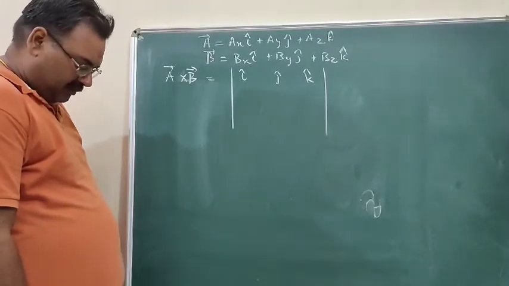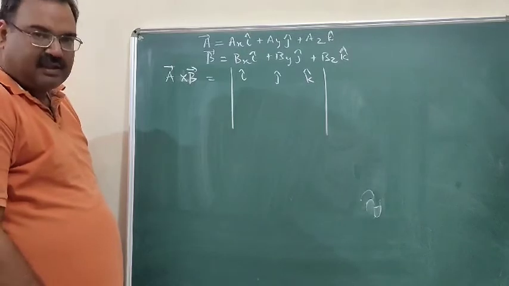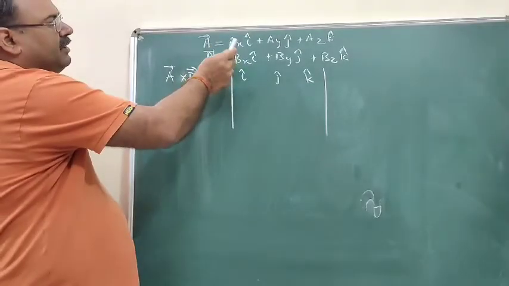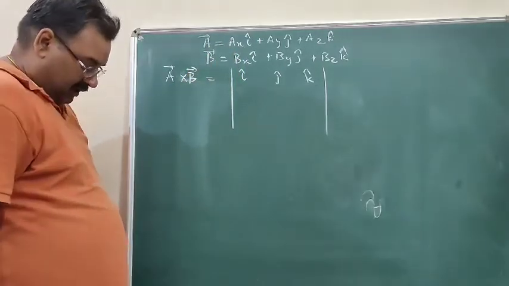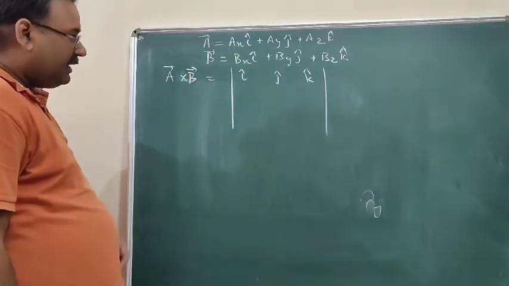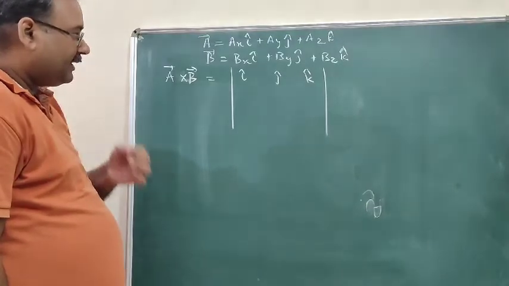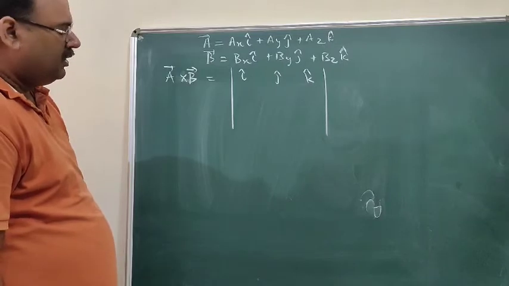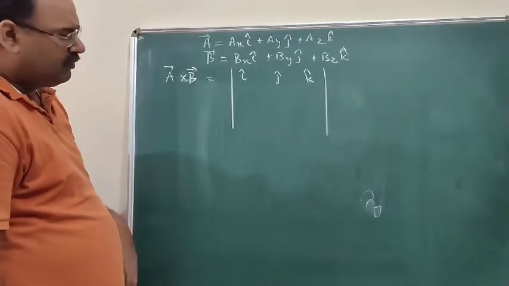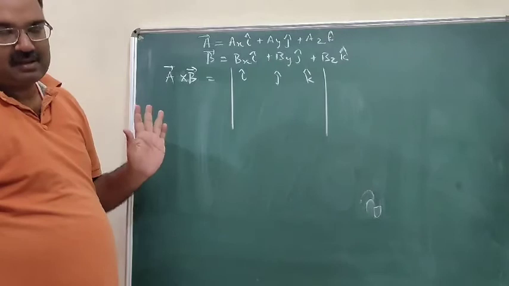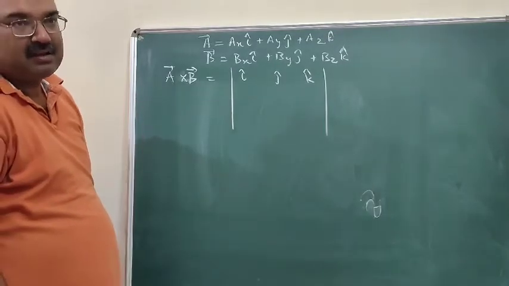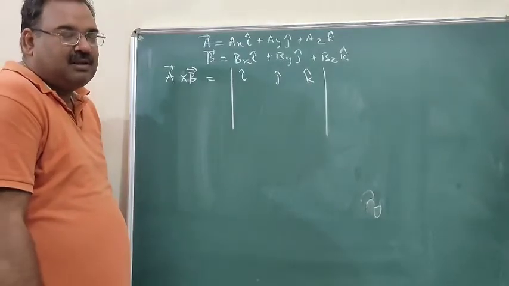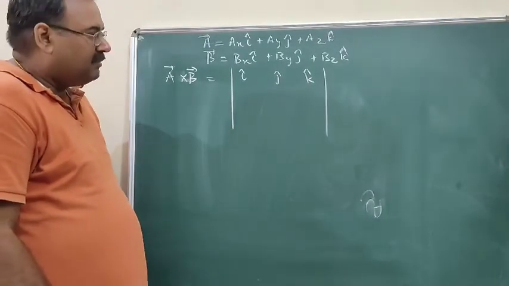Next, we have the vector product of two vectors in terms of their x, y, and z components. So we have vector A broken into its components: A equals ax I cap plus ay j cap plus az k cap. Vector B is equal to bx I cap plus by j cap plus bz k cap. Now we are going to do its cross product. First of all, we will do it in the form of determinants. Determinants is in algebra in 11th class, the first chapter in algebra. I hope that sir has taught you, but if he has not taught, then pay attention here.